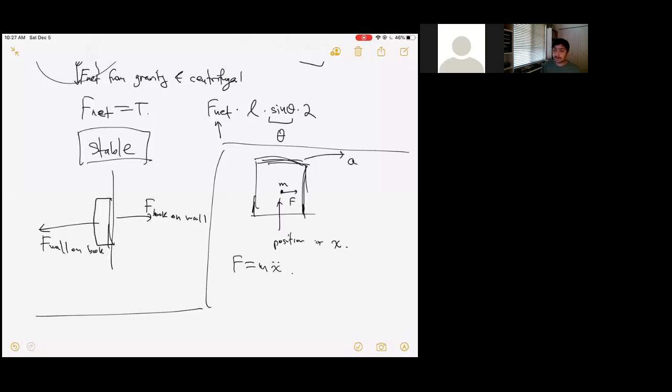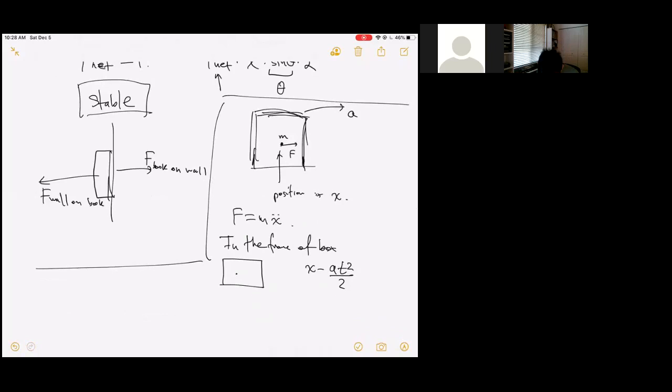But now let's look at it in the frame of the box, which is accelerating. The coordinate of the particle relative to the box, we can take to be x minus at squared over 2, because the back of the box moves by at squared over 2. So this is the new coordinate. We can call it x prime, the coordinate in the frame of the box. Then the second derivative of x prime is